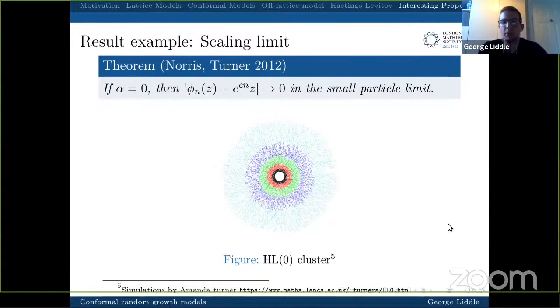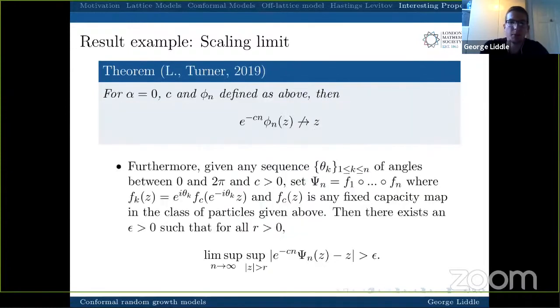So you would probably expect that under capacity rescaling, you would get the same limit here. But actually what we've managed to show in a recent paper is that under this capacity rescaling method, we do not get convergence to a disk in the case of alpha equals 0. And actually you can go even